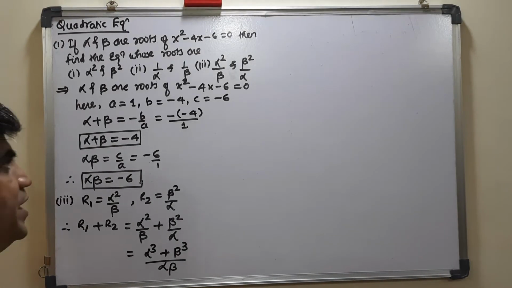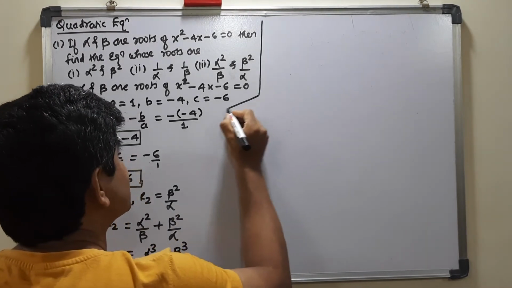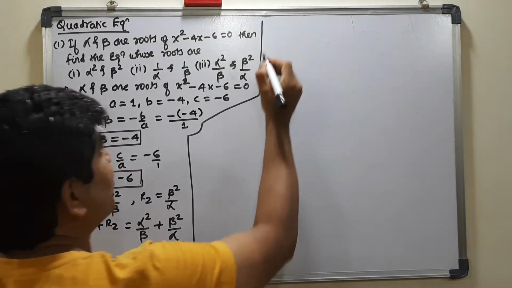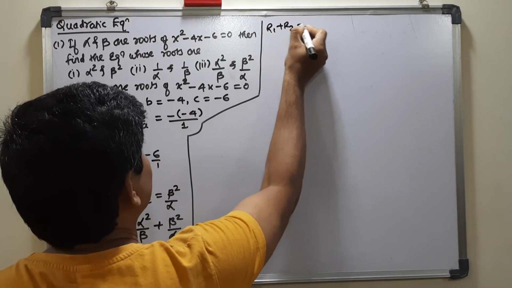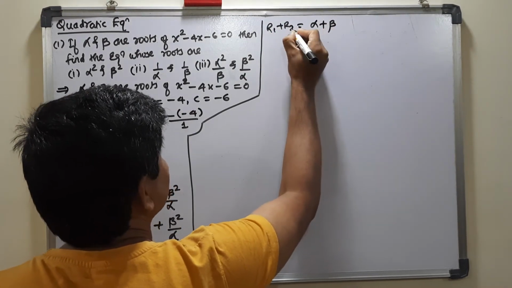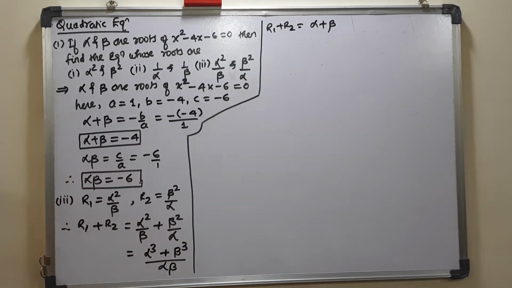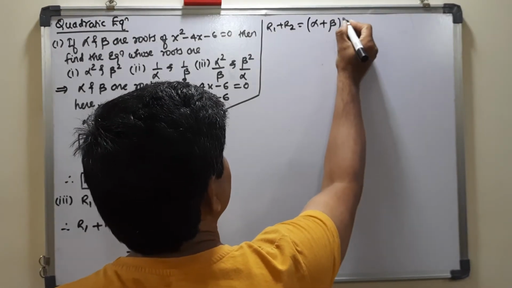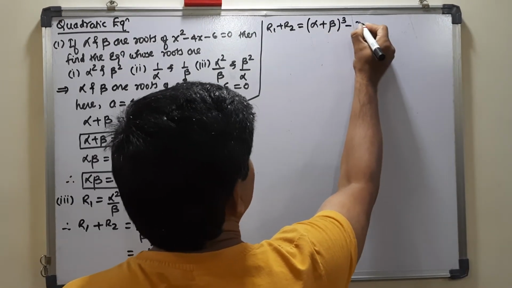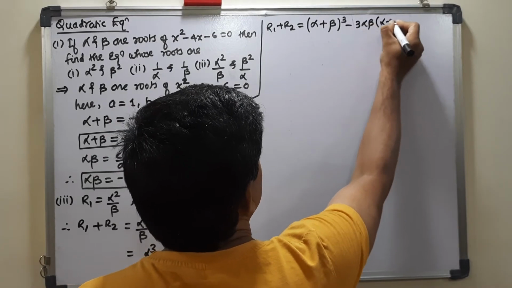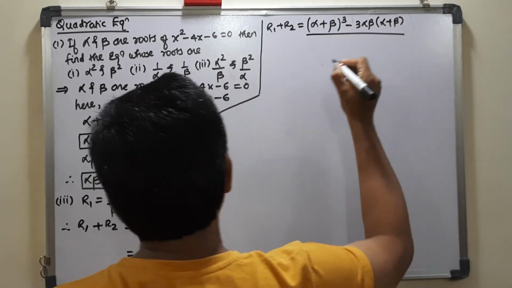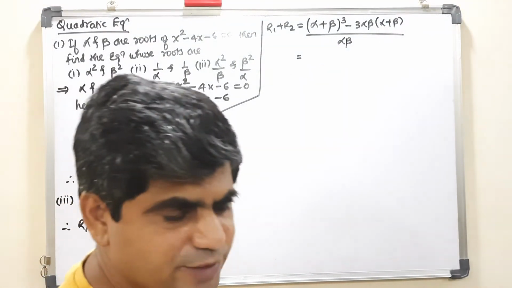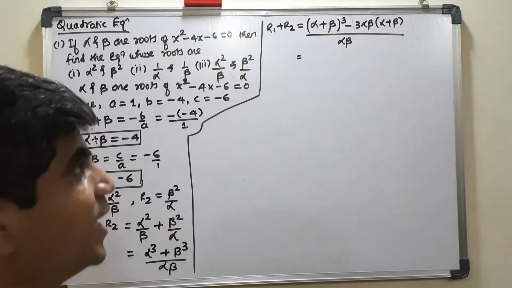Agreed? So here when I see this, I do not have alpha cube plus beta cube, but what I have is alpha plus beta. Agreed? Now alpha plus beta cannot be equal to alpha cube plus beta cube. To make it equal, I need to take the whole cube of it, minus 3 alpha beta into alpha plus beta, which I have given you as an identity already. That is alpha beta. Okay? If you want, you expand it and see, I am showing you in 1 minute.